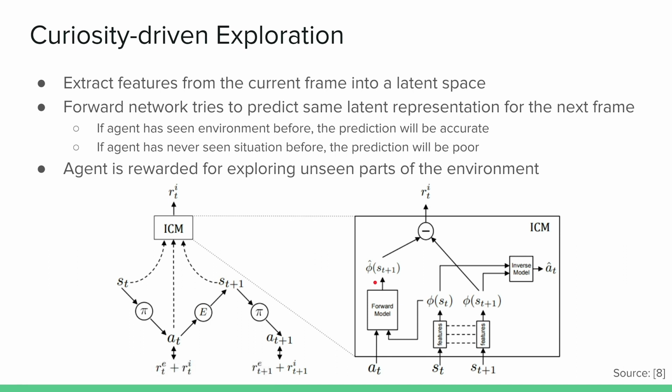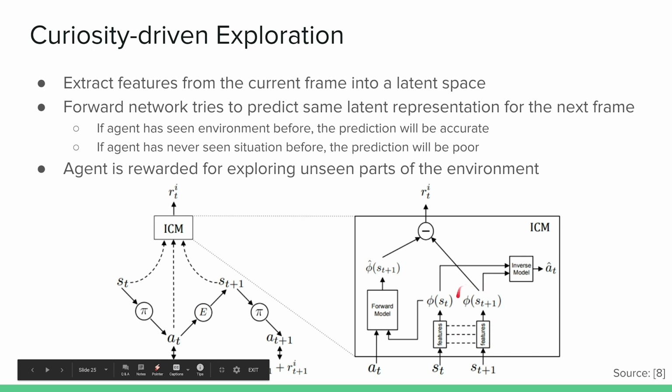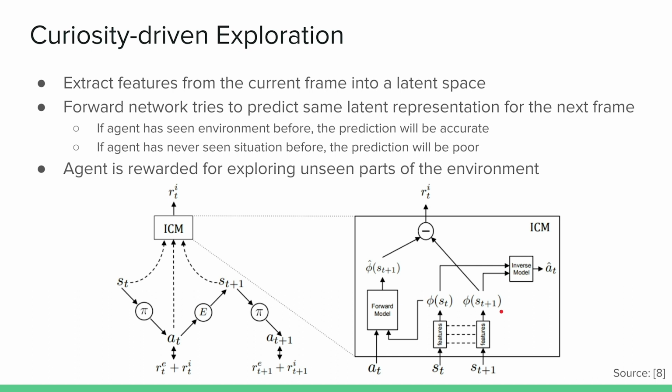And then when we roll out the policy and play the game, we actually know that feature here as well, that representation. And what is the effect of having both this latent space representation of the next state and predicting the same thing? Well,